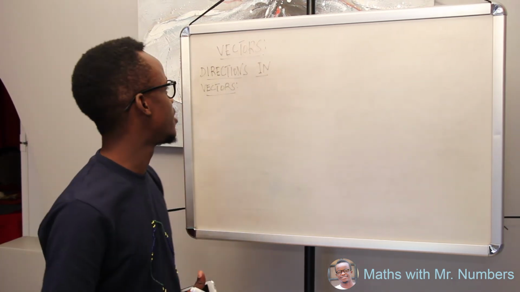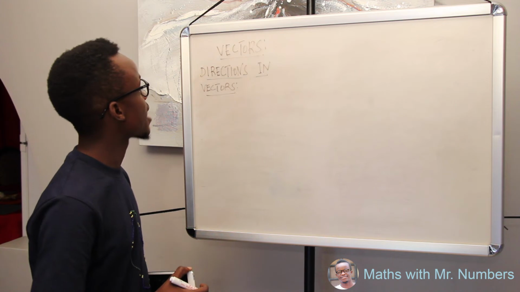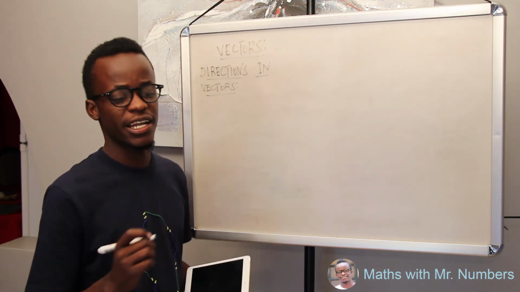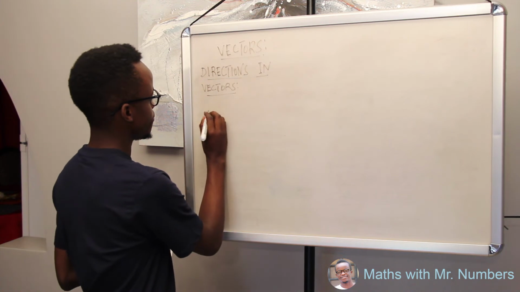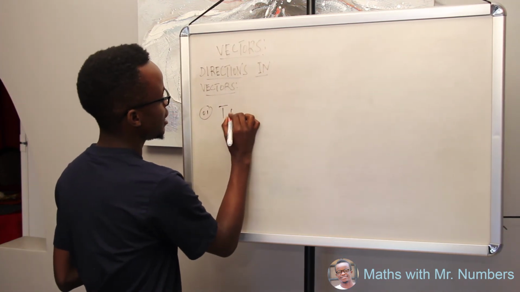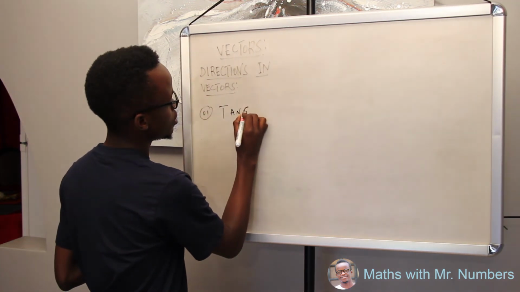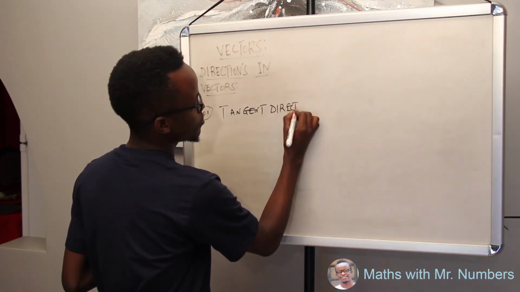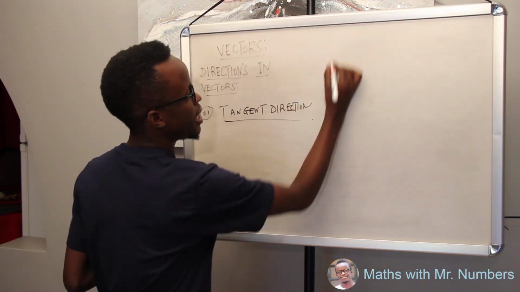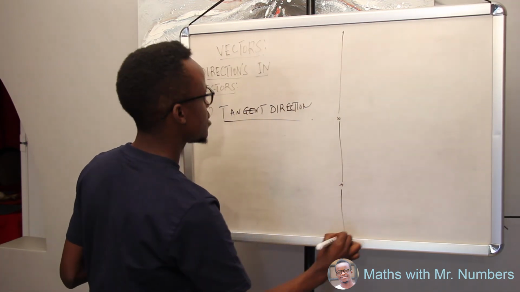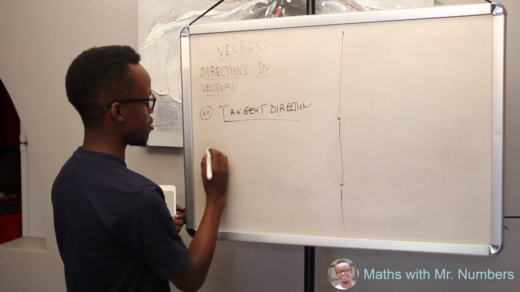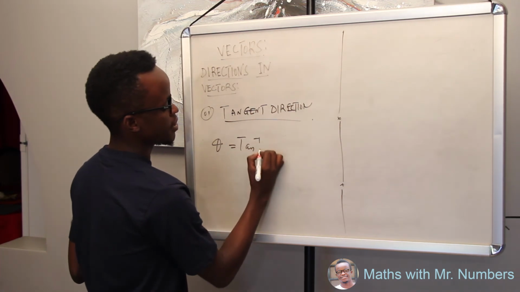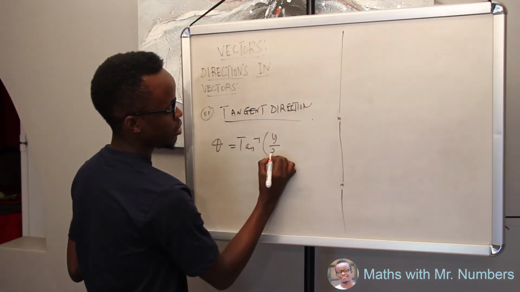Hi, I'm Mr. Number, and we are going to discuss direction vectors. We are going to discuss how to find the tangent direction. Number 1, tangent direction. Tangent direction in vectors. In vectors, tangent direction is given as theta equals tan inverse of y divided by